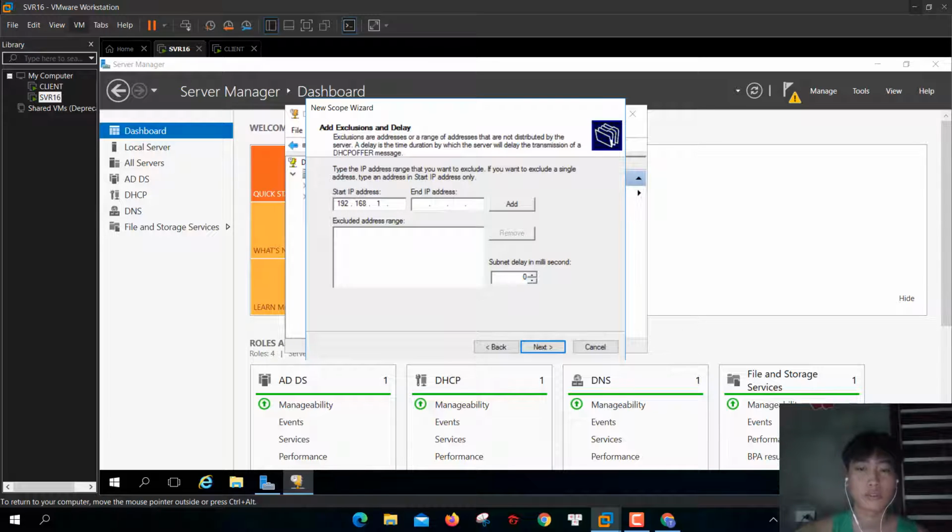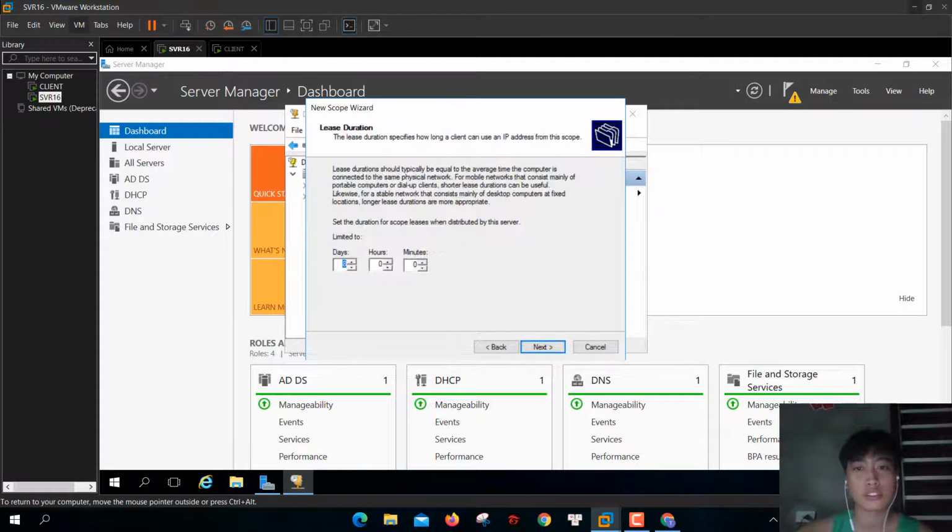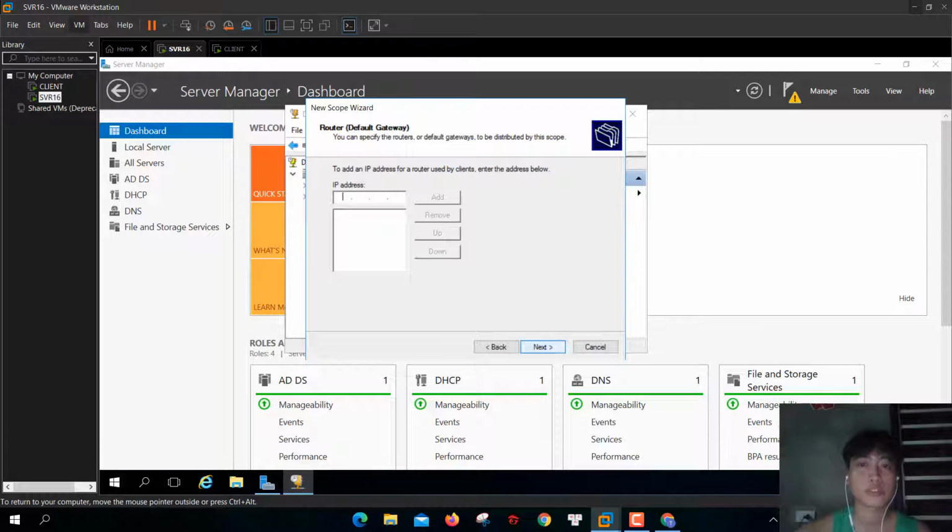In exclusion and delay, start IP is 192.168.1.1 and end IP is 192.168.1.20 and click next